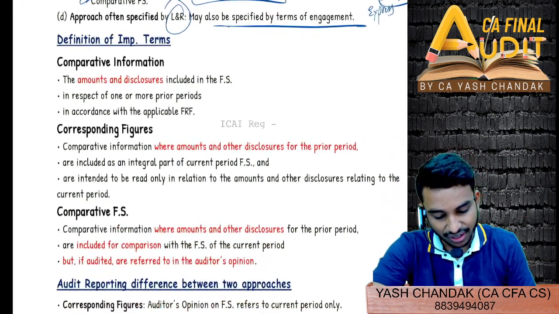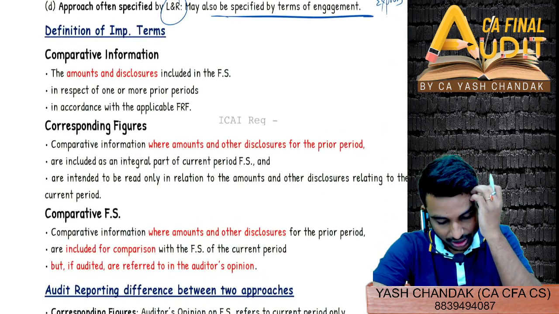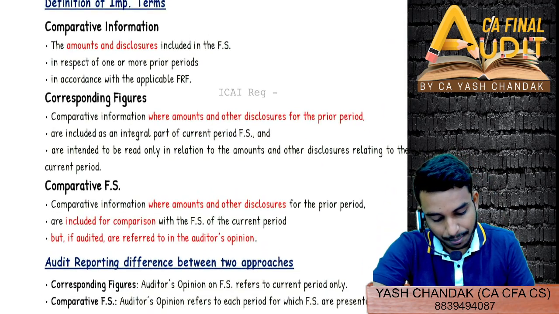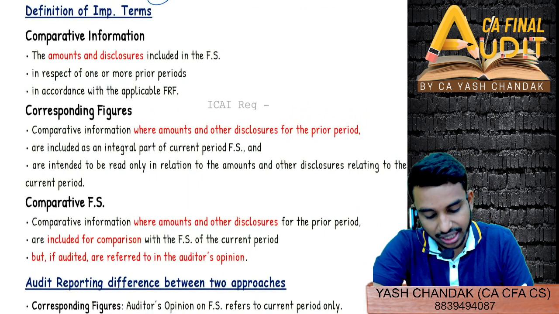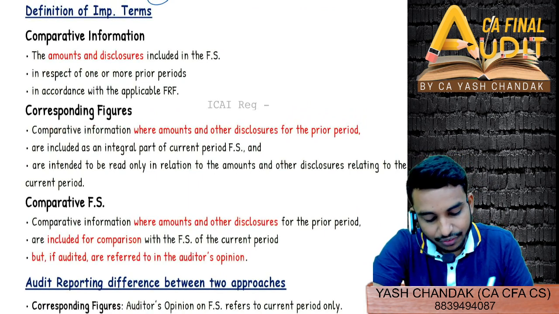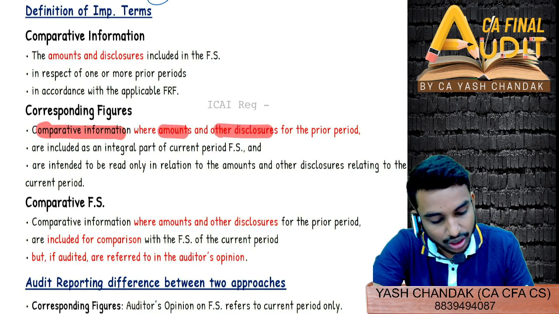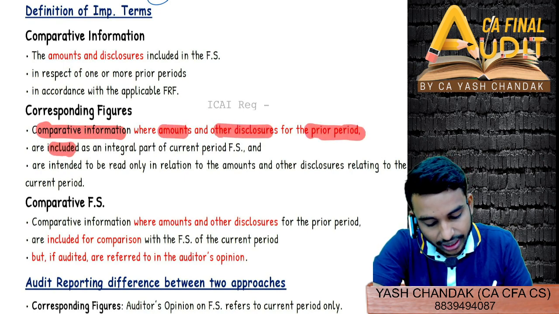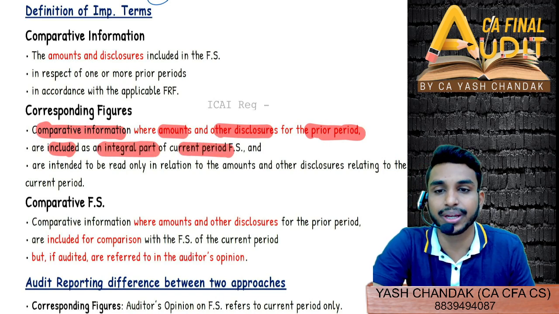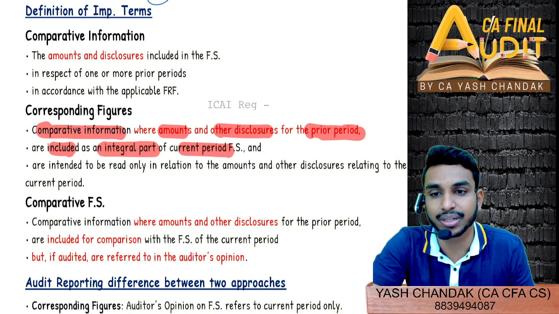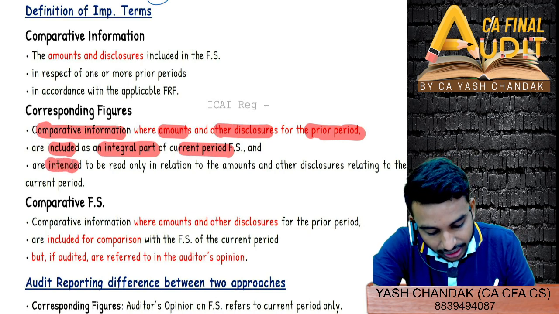So see, definition wise I've already told you. Comparative information की definition देखो, corresponding figure की देखो, comparative FS की देखो. So corresponding figures, you will see here what? These are the comparative information where amounts and other disclosure for the prior period are included as an integral part of the current period financial statement. Integral part है current period financial statement का, and are intended to be read only